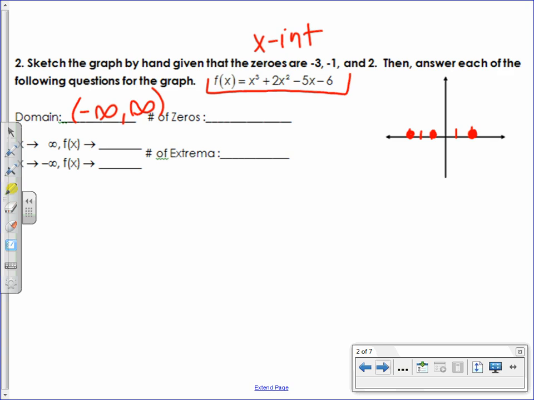It also gave me my 3 zeros, 1, 2, 3. So I know that my number of zeros is 3. So now all I got to do, okay, it's a cubic function,